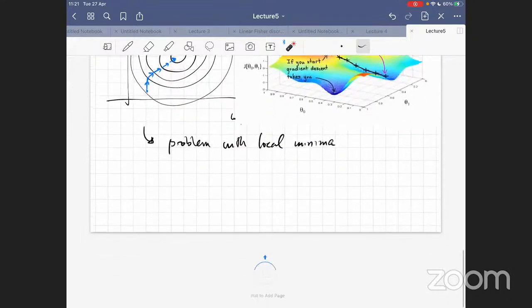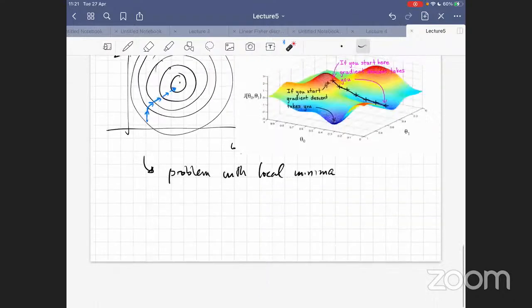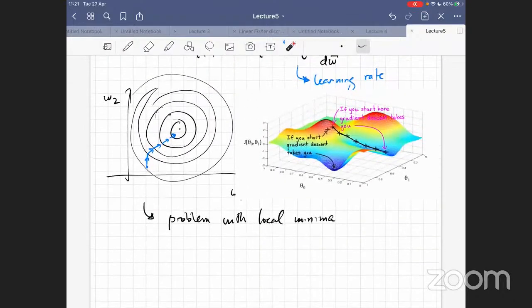Okay, so depending on the learning rate, so let me put it here. So depending on the learning rate,